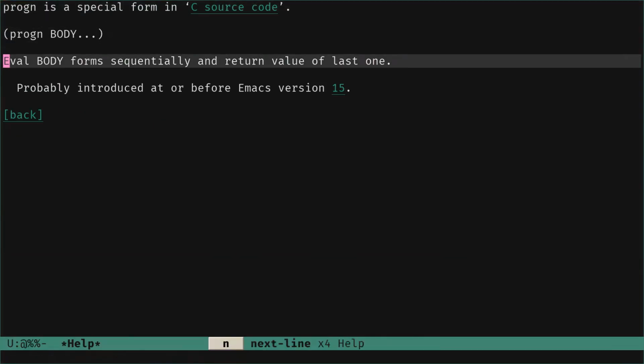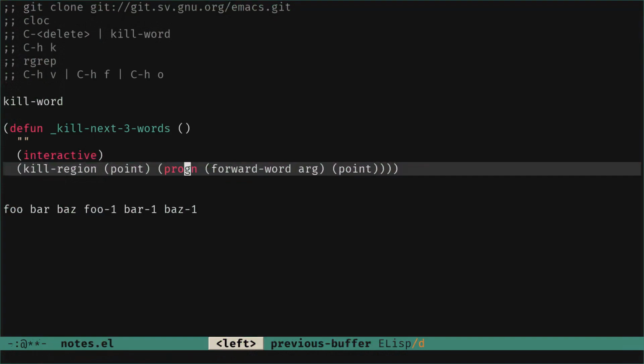Eval body forms sequentially and return value of last one. Okay, so what does that mean? That means that we evaluate this one and then we evaluate that one and we return the value of this one. Okay, fine. But forward word, we imagine that this moves the cursor by the amount we put there.